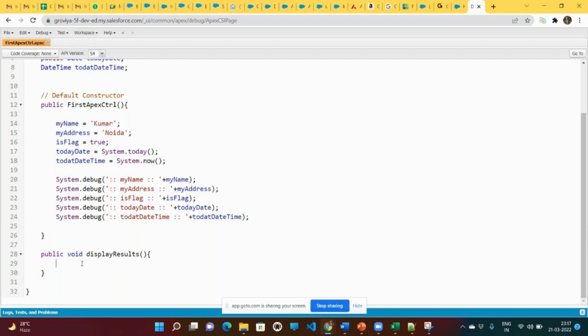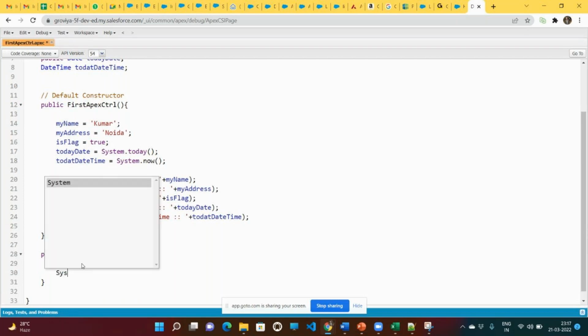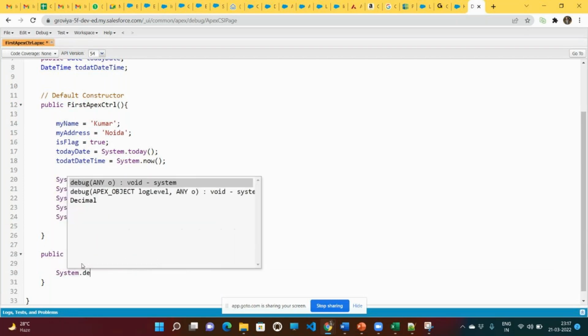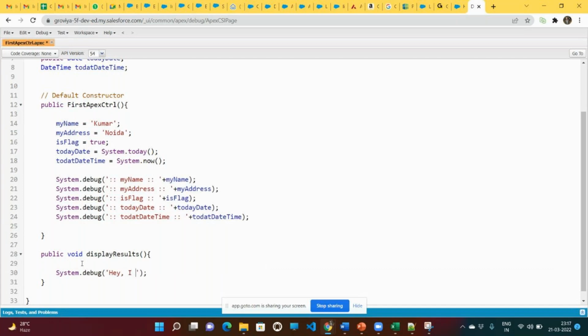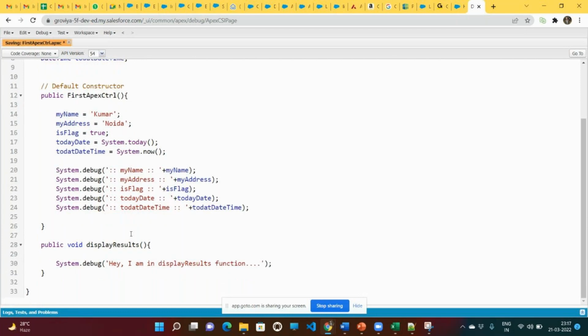All right, now let's debug something here. Hey, I am in display results function. When I call it function or method, both are same, or we can also call it block. Okay. Now let's see how we can run this non-static method, or how we can call it,